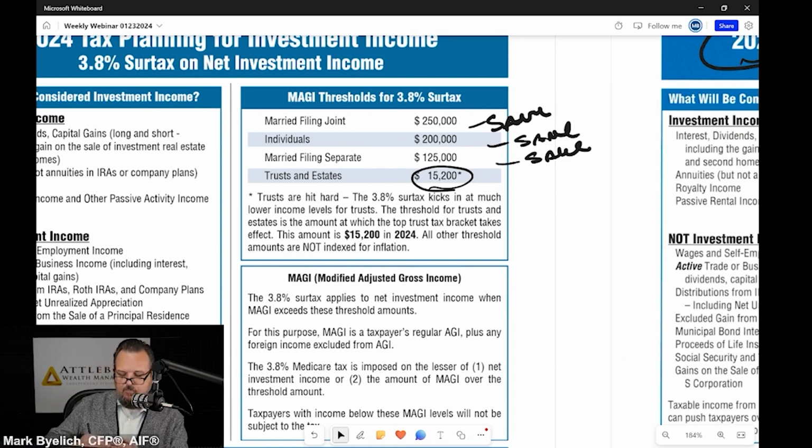So while the marginal tax brackets, the amounts, the income triggers inside the marginal tax brackets will go up every year, certain things like this, the 3.8% surcharge, the surtax on net investment income or on qualified dividends, things like that, long-term capital gains, that will stay the same, so more and more people will trigger. I hope that makes sense.